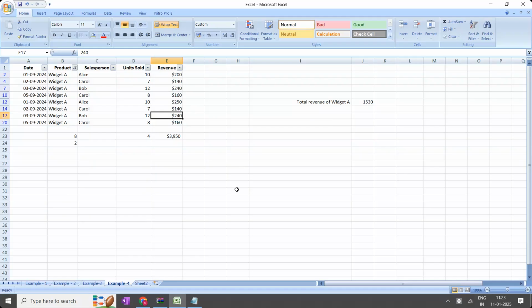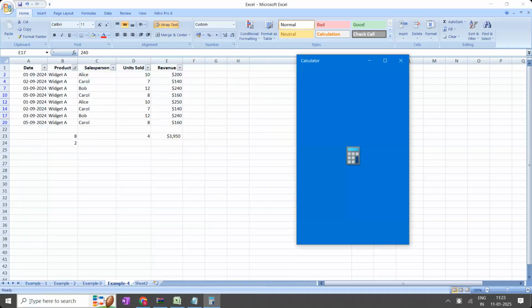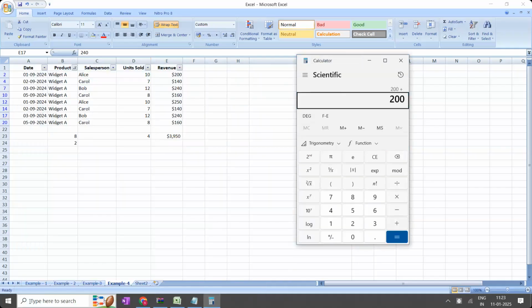Correct only? Guys, any mistake? Calculator, let us open the calculator. Why are you saying like that? Did I make any mistake? 200 plus 140, 340, correct. 340 plus 240, 580, correct. 580 plus 160, which is 740, correct. 740 plus 250, 990, correct. 990 plus again 140, which is 1130, correct. 1130 plus 240, which is 1370, correct. 1370 plus 160 is 1530, correct only na?